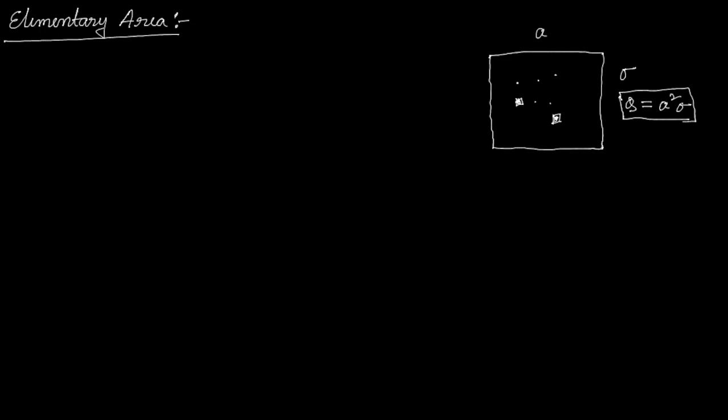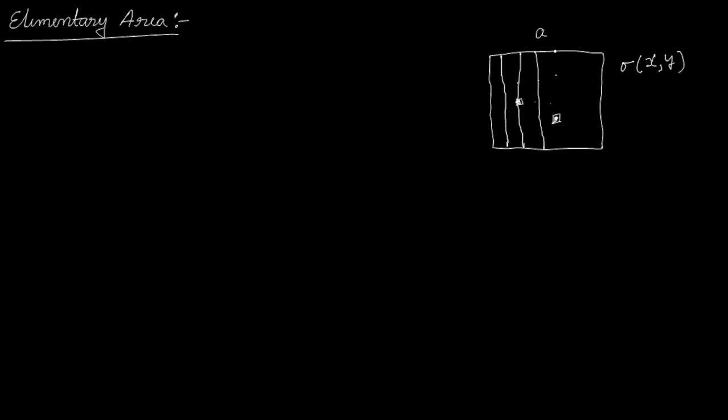So when we have a non-uniform charge distribution, where sigma is a function of some coordinates, let's say if it is the xy plane, then it will be a function of xy. So if it is non-uniform, then if we simply write sigma into A square, that will not give you the correct result. So for that, what we have to do is divide this large area into small areas. First we have to divide this large area into small areas like this,